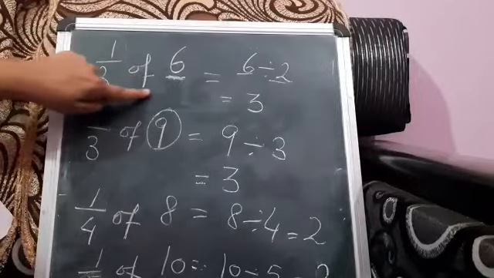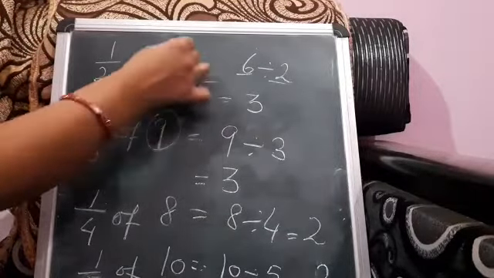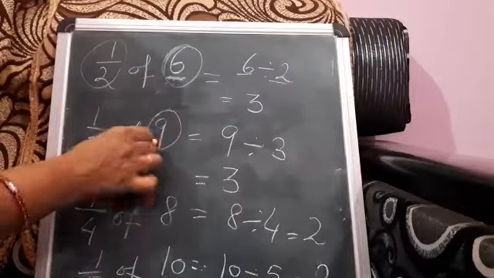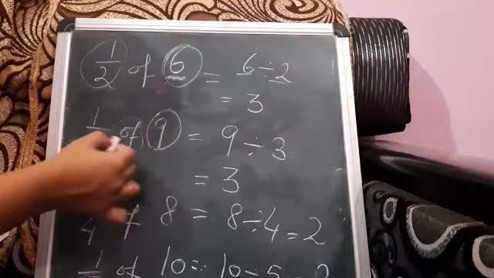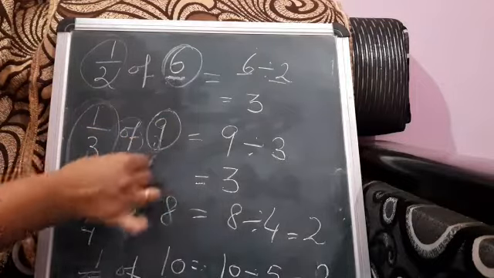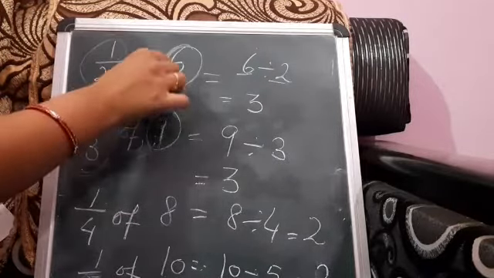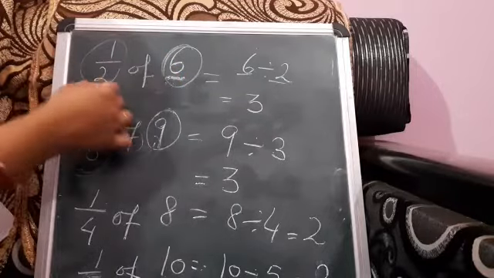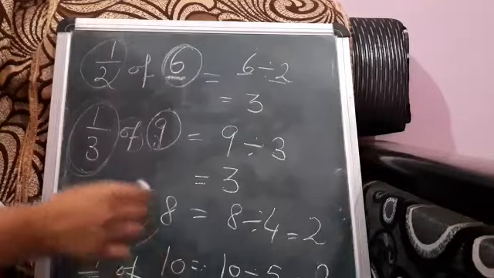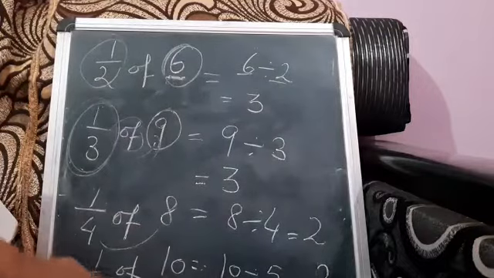Of means we find, for example, here 1/2 of 6. Of 6 means we want to divide 6 things into this part. 1/3 of 9 means, of means का, we want to find out 1/3 of 9. हम 9 का 1/3 पार्ट फाइंड आउट करना चाहते हैं. Okay, here we want to find out 1/2 part of 6. Here we want to find out 1/4 part of 8. 1/5 part of 6. We will read like this.